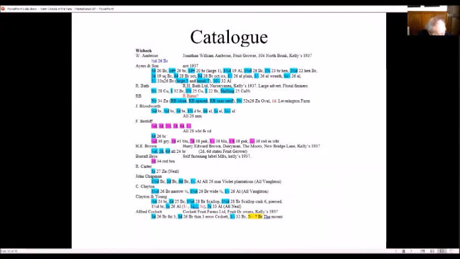So I've been collecting and accumulating data about these for about 20 years. And this is just one page of a 30-page catalogue in quite small print, where we have the name of the place, the name of the issuer as it appears on the token, and a little bit of extra information that I've managed to find from directories or telephone directories, etc. And this is the first section of the Wisbech page, starting at A for Ambrose, finishing at C, Cockett. Wisbech has a few hundred issuers, and